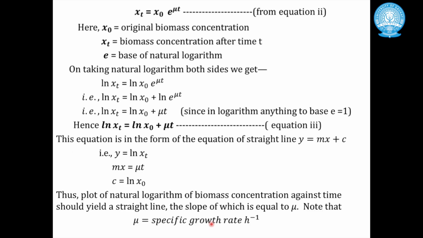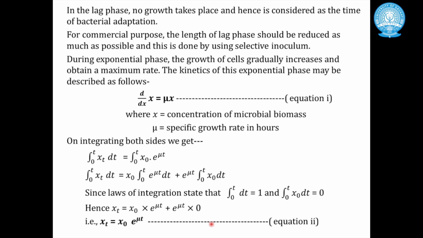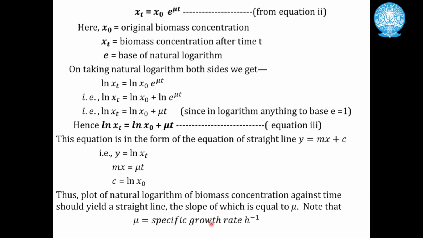Therefore, this kind of equation doesn't hold good for filamentous microorganisms like fungi. It is good only for single-celled ones that do not accumulate together, where you can easily determine the plot of natural logarithm of